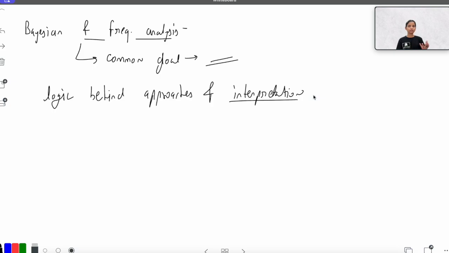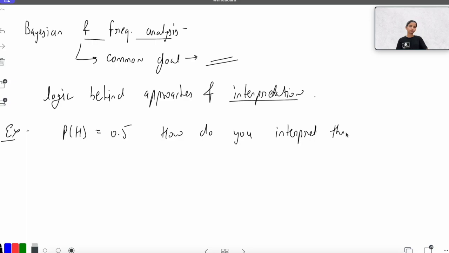Right? Let's take a simple example. When we are flipping a coin, we always say that the probability of heads is 0.5. Now, how do you interpret this? Some would say that it is an equally likely thing, and maybe you will have different opinions regarding this. Now let me give some options to make it easier for you.